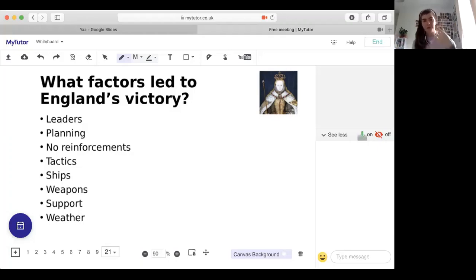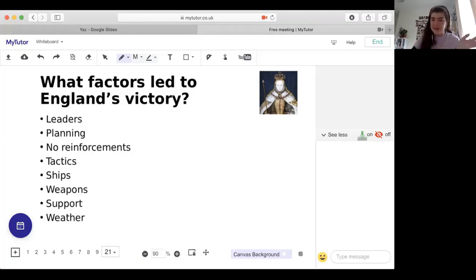But most people, as we've said in the religious settlement lesson, either don't really care about religion, they just go with the flow, do what they need to make sure that they're not burnt, and they're just getting by practicing however the state tells them to, and the people that are outspoken tend to be in the minority. So the Spanish looked at all the people who were being outspoken and thought, oh yeah, no, the English are on board with returning to Roman Catholicism. But then when it came to it and the English said, actually, I think we'll stick with Elizabeth, that sort of skewed their plans a little bit.